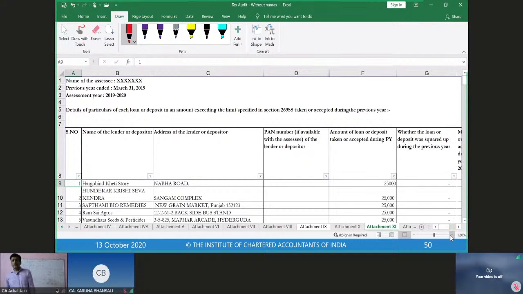What is the first step that the auditor will do? In case these are loans taken, deposits taken, so these are liabilities on the part of the assessee. In the liability schedule, in the borrowing schedule, he will check whether all of these outstanding balances are appearing or not, or he can find out all of these amounts from the liability section. Correct? He will also obtain a list of all of these amounts from the management to start with and trace them to the liabilities, in respect of tracing all of these amounts to the books of accounts.